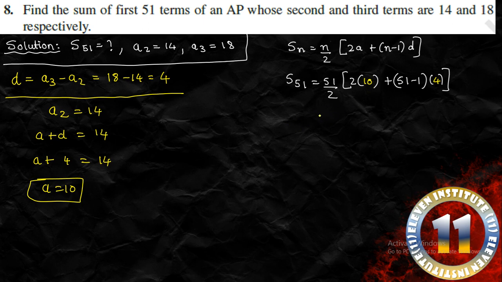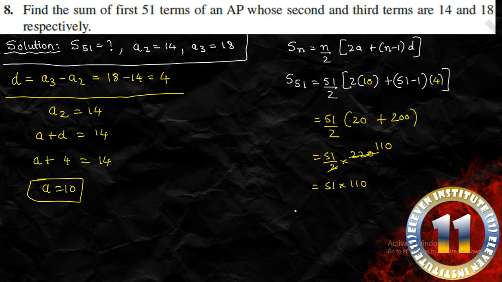Very simple. So again over here 51 upon 2 will be kept as it is. Here I can see 51 minus 1 is 50, and here I have 2 into 10. So there are chances of something to be taken common. Right, so let us keep this as it is, or in case you multiply also, these are simple numbers, so 10 2s are 20, that is fine. Plus 51 minus 1 is 50, and 50 into 4 is 200, and 200 plus 20 will give me 220. So 51 upon 2 multiplied by 220, this 2 will cancel over here and we get 110. So what we are left with is 51 into 110.